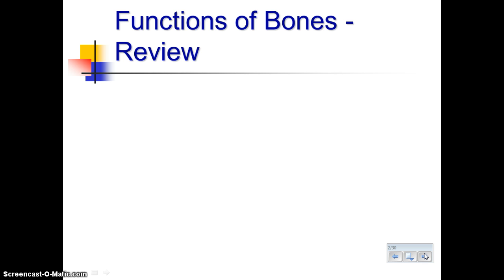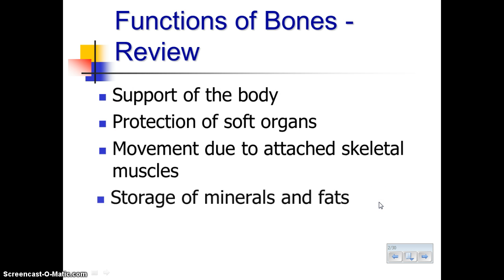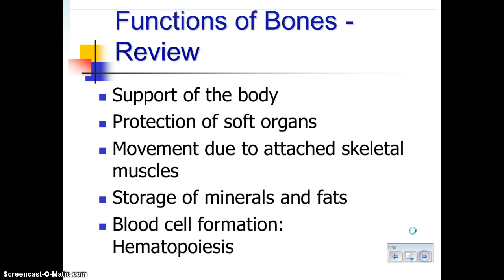Today we're talking about the skeletal system, so I encourage you to stop and replay parts of this as you need to. First of all, try to think of the 5 functions that we've talked about in terms of bones. So please pause this presentation and record those. Now that you're back, hopefully you came up with these 5. One more